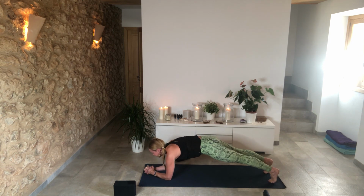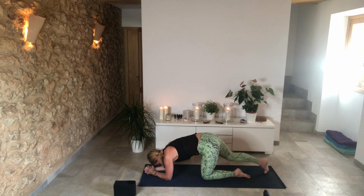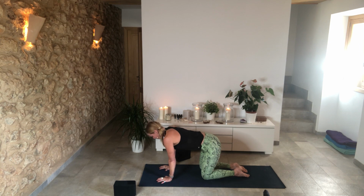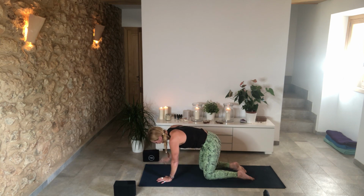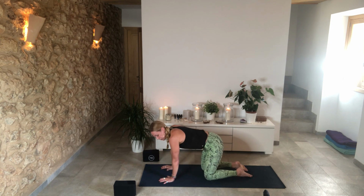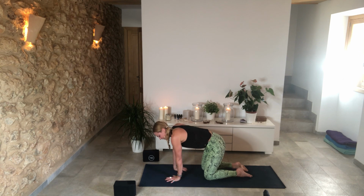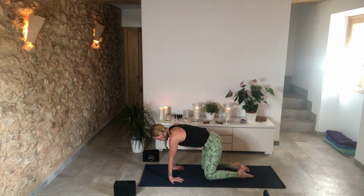Inhale here. Exhale here. 1 more cycle of breath. And then we're going to drop the knees to the floor. Come up onto the hands and knees. Tabletop position. Good. And I always like to stretch out my wrists. If you practice with me, you'll be very familiar with this. So just spinning the fingers back towards the knees. And if you'd like to take cat-cow this way, if it's not too painful or stressful in the wrists,